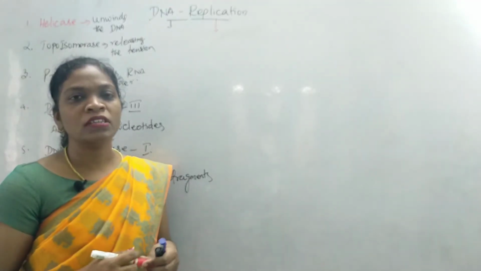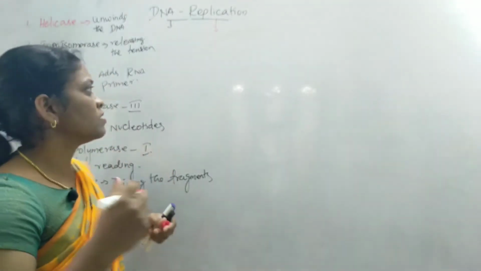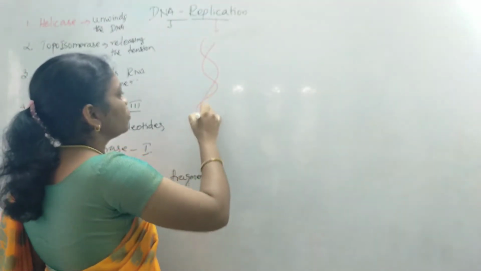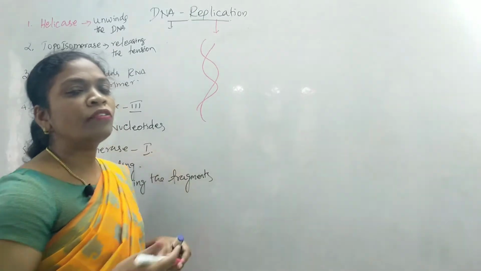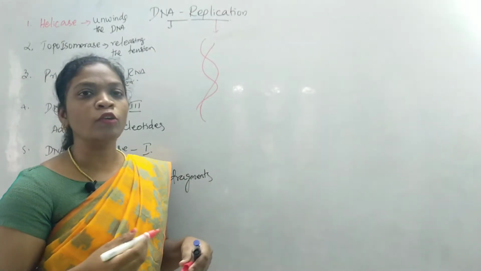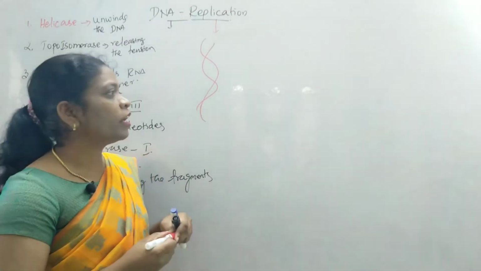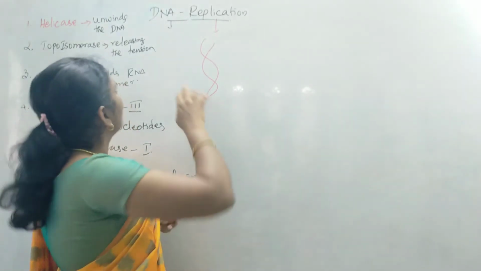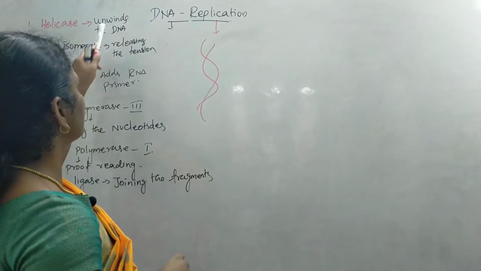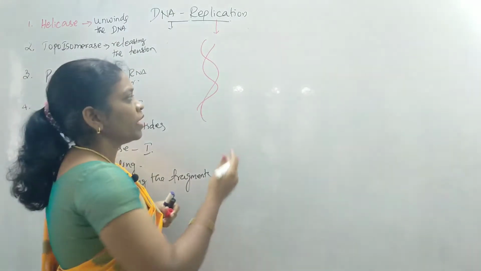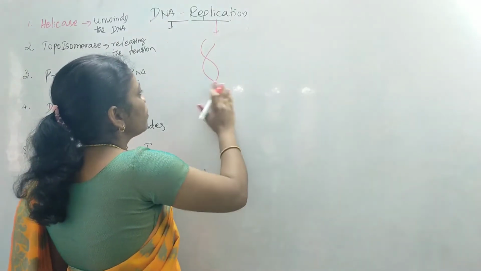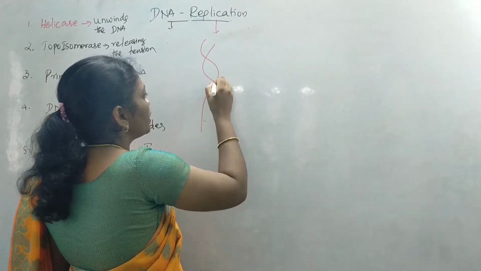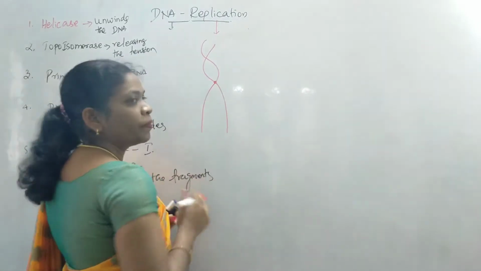During DNA replication, the double-stranded DNA should divide into two separate strands to enable the copying of nucleotides from the parental strand to the new daughter strand. About that, we are going to learn how it divides. As you already learned, the enzyme helicase helps in unwinding the DNA. So, the enzyme helicase will start to unwind. It attaches to the origin of replication, where it can unwind the DNA. So, we have got two separate strands.